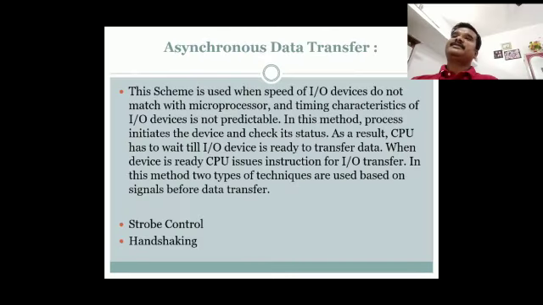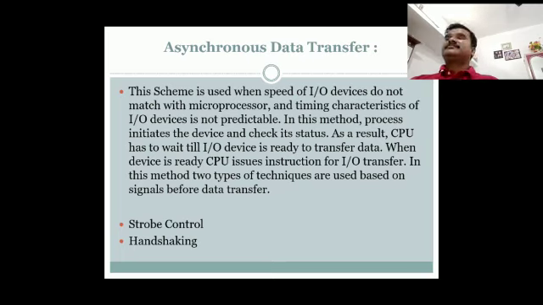The next topic is asynchronous data transfer. What is asynchronous data transfer? This scheme is used when the speed of the input output device does not match the microprocessor and the timing characteristics of the input output device are not predictable.